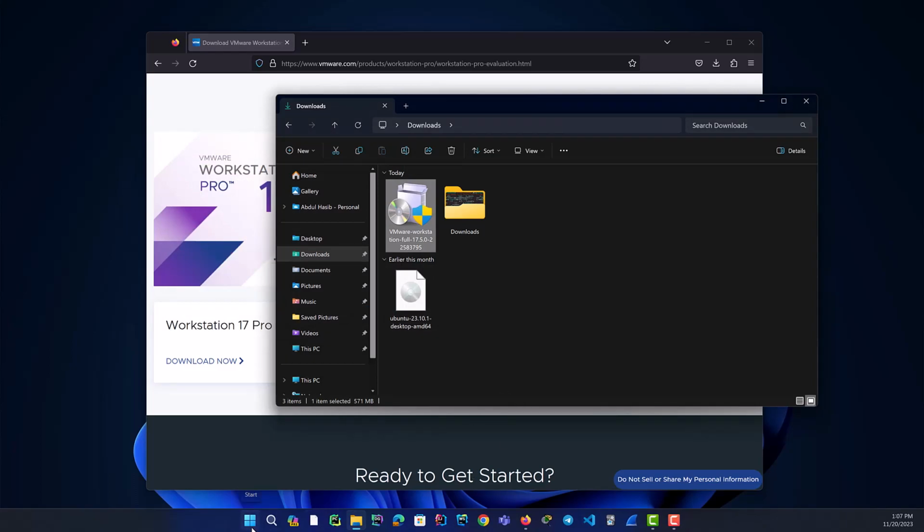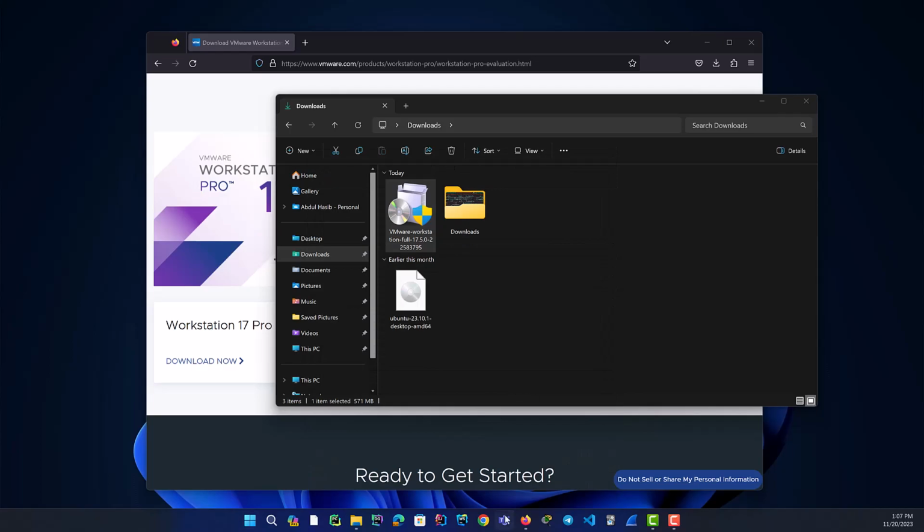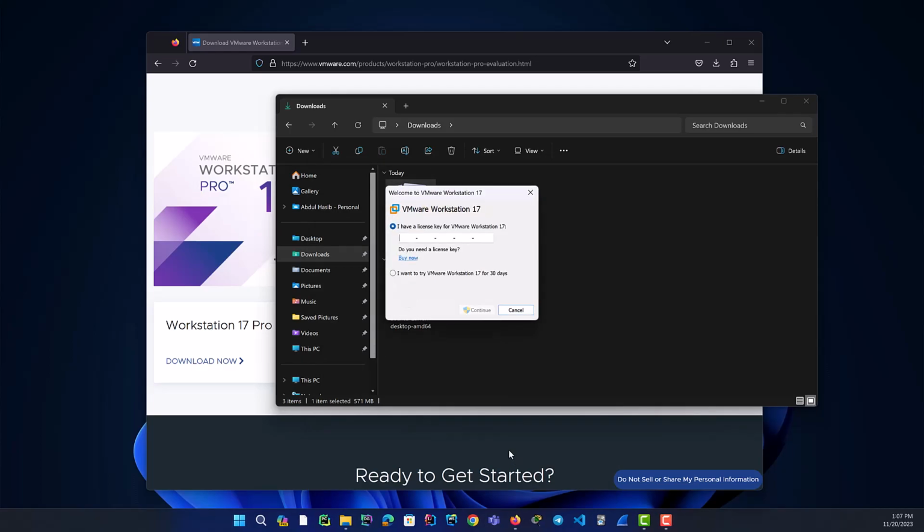As I have selected that I want a shortcut folder on my start menu for VMware Workstation, I can go to my start menu and search for VMware Workstation Pro. If you just installed the software, it will come in the recent tab here. When you click on VMware Workstation Pro,